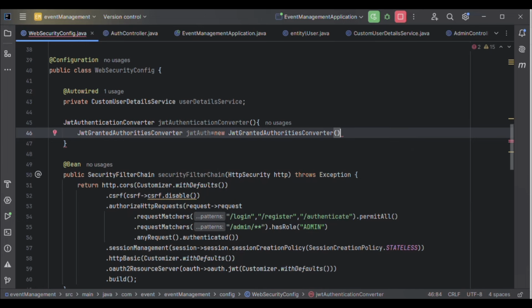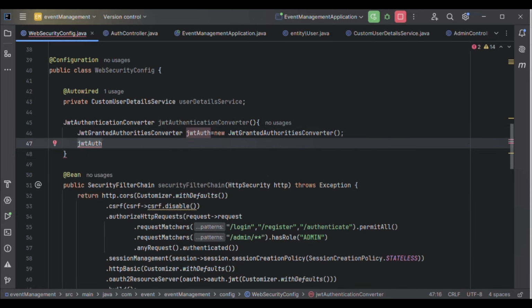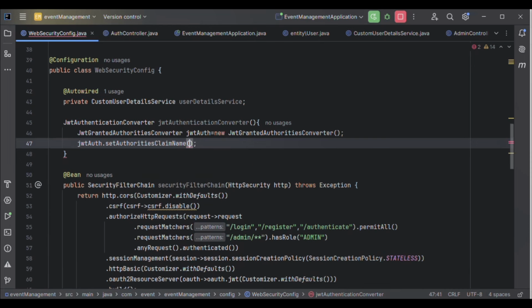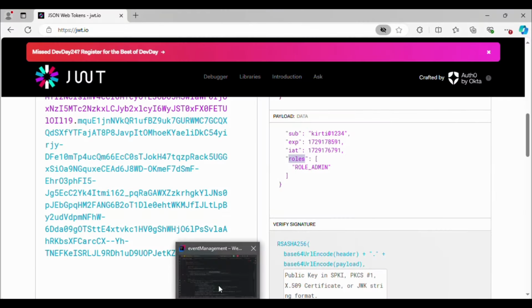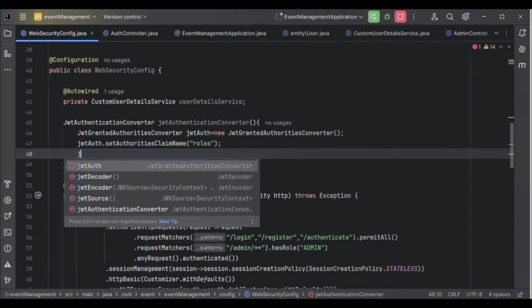Create an object of this, and then we'll use it to set the authorities claim name. We have roles, not in capital, just roles. If I show you here, we have these roles. So we will set the authorities claim name to roles,